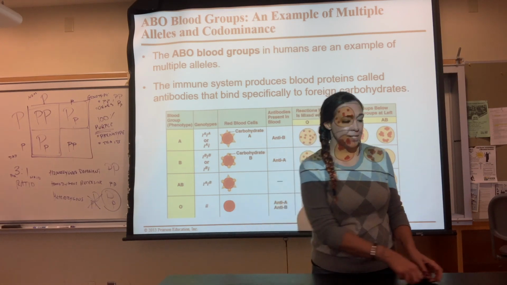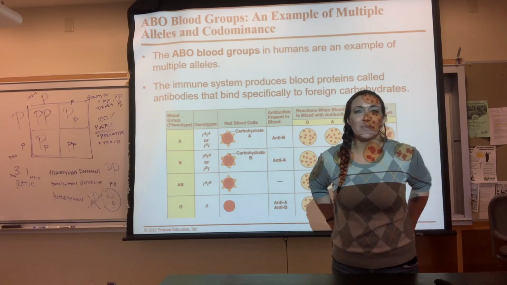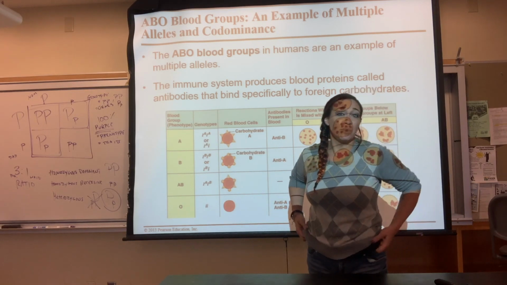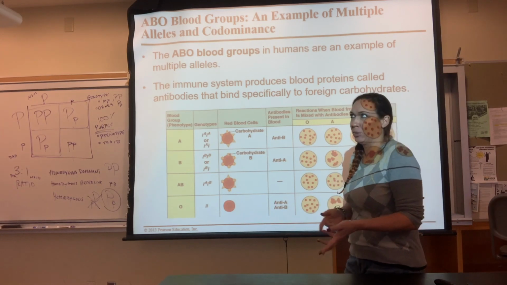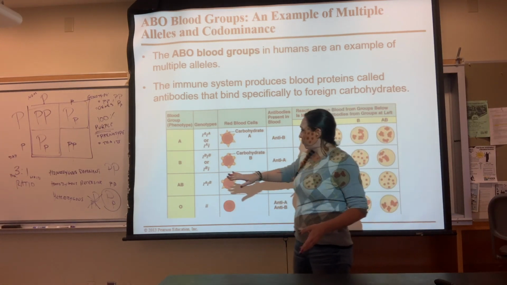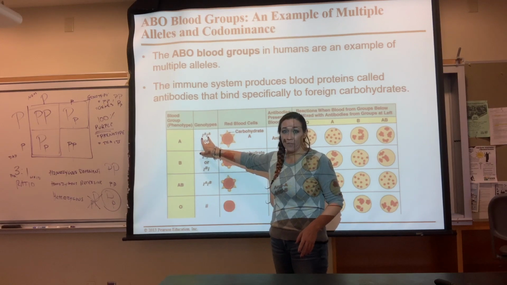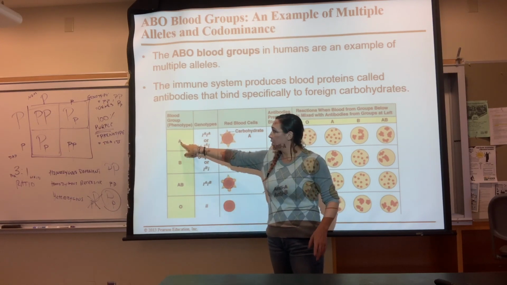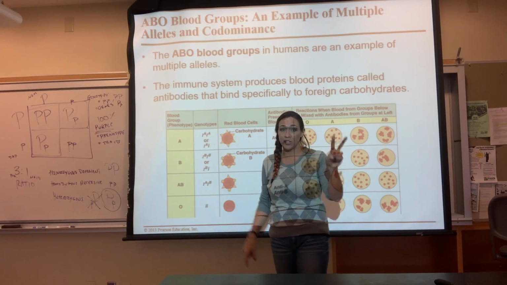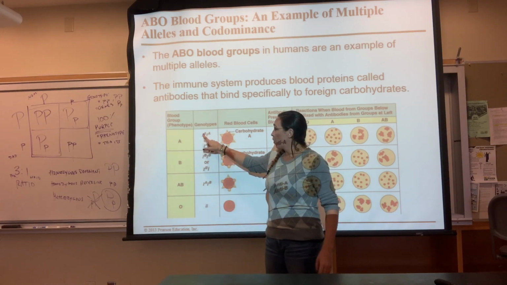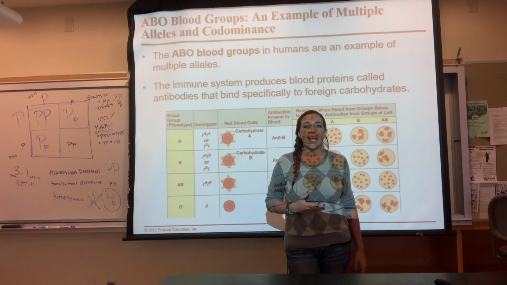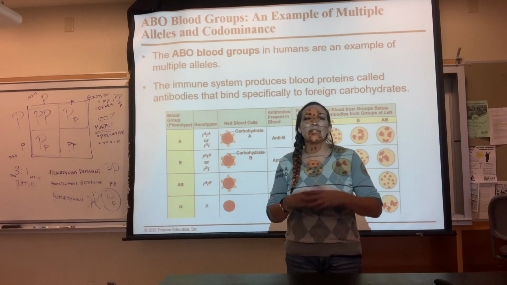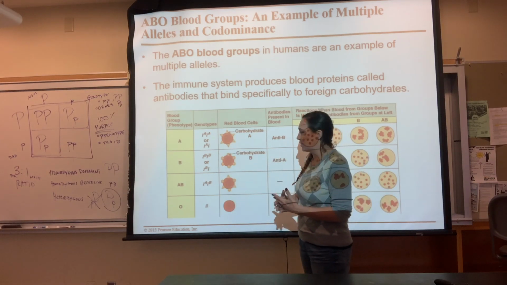So this is something that you can either ask your parents about, or find out by asking them what their blood type is and then trying to figure out your own before you actually ask them what yours is. But, right, you have 2 alleles, one from mom, one from dad. If you are a type A, that means either both of your parents are A, or one of your parents gave you the A gene and the other one gave you, not the A gene, but kind of like the O gene. It means it doesn't have an antigen present.